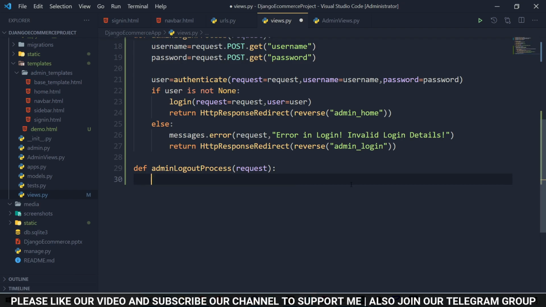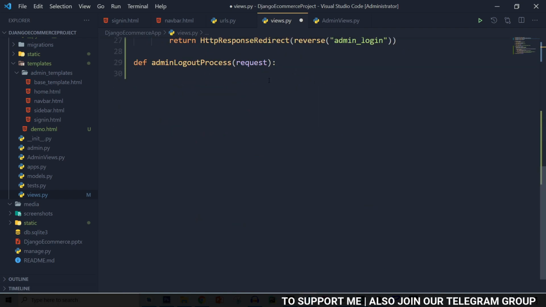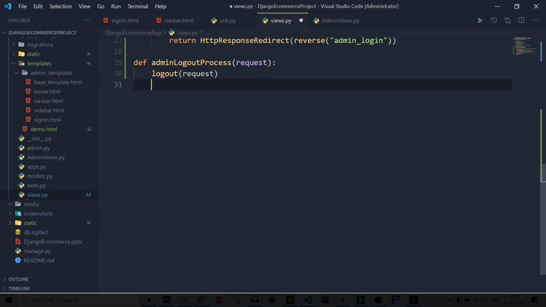For logout you need to import another method. So let's import login, then logout, and here call logout and pass the request object. After that, simply redirect the user.